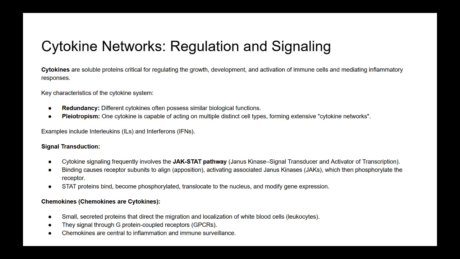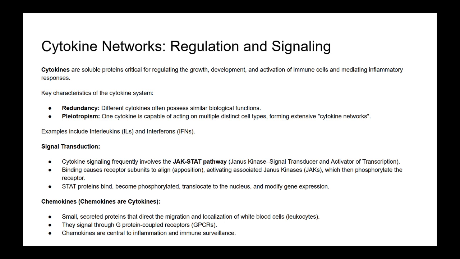Let's pause there for a second because this seems like a core mechanism we need to understand. What are the key steps involved? Okay, so it starts when the cytokine binds to a specific receptor on the outside of the cell membrane. This binding causes the different subunits of the receptor to come together, or undergo apposition, kind of like puzzle pieces clicking into place. Got it. Receptor subunits come together. This alignment then activates the associated JAK enzymes, Janus kinases, which are inside the cell but physically tethered to the receptor tails. They essentially wake each other up.